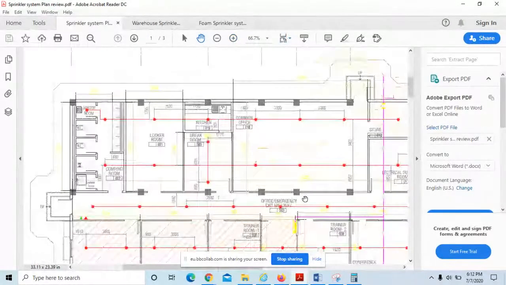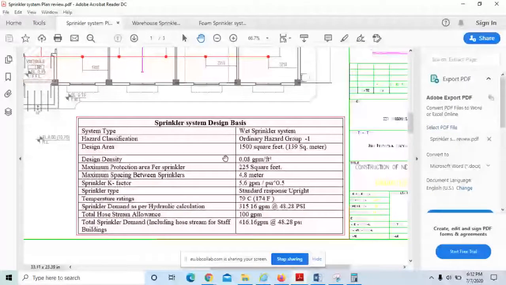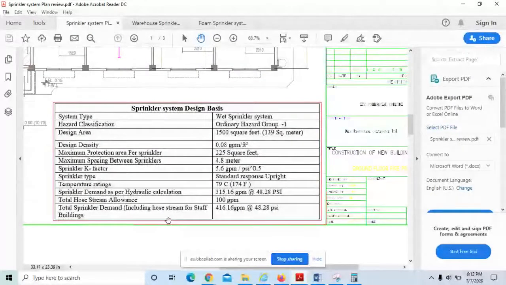And coming to your question about our pump requirement: a sprinkler system design or calculation never says that we need this much pump capacity for this application. It only says that this is our demand, which is 416 GPM at 48.28 psi. The consultant will ask for evidence to make sure that this much supply is available. Maybe that supply comes from the underground fire water network, or from a fire pump. So those fire pumps supply 416 GPM at 48.28 psi. Based on that, you can select your fire pump.